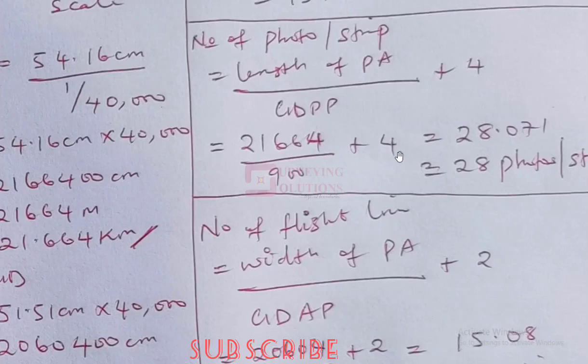24.0711, right? Then you now say plus 4. So that should give you something like 28.011, which is approximately 28 photos per strip, right? Are we together? Good. Then the next is the number of flight lines you are going to have,